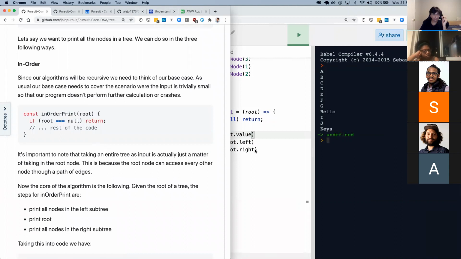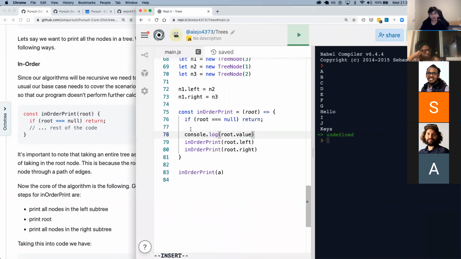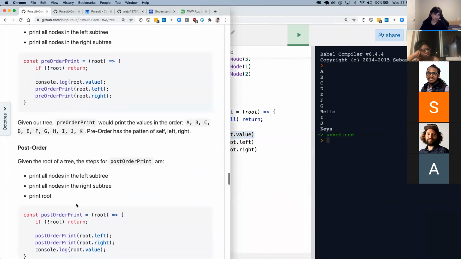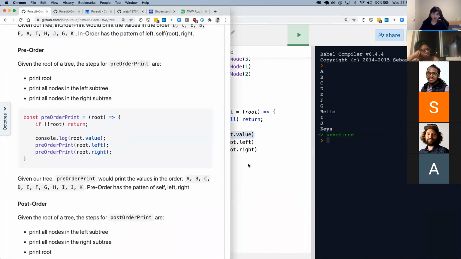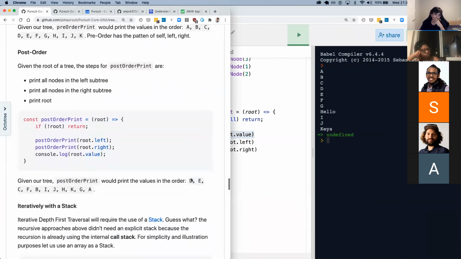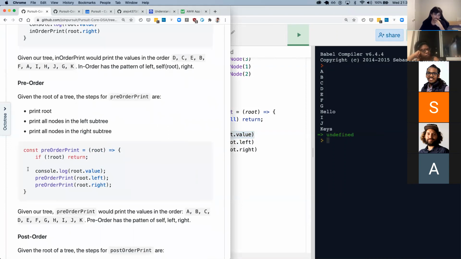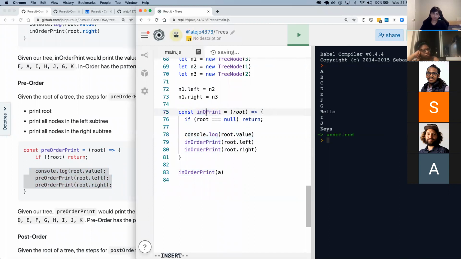Oh, sorry, this is not in order. This is pre-order. Here, let's go to the pre-order one. The only difference is where you put the console log or where you actually process the node. This is pre-order. Pre-order, we can see it here. I should have called this pre-order print.